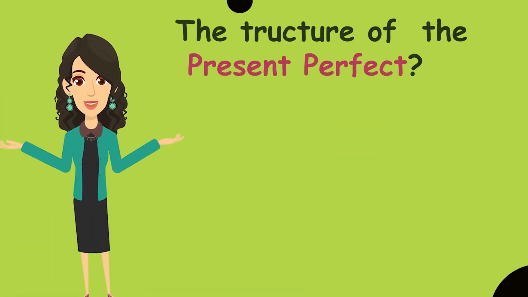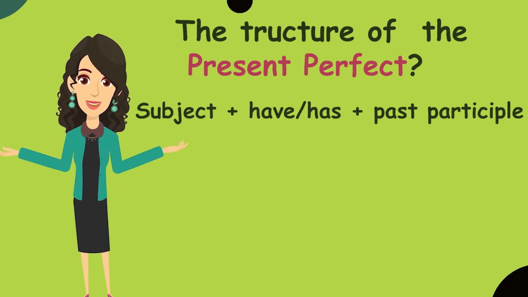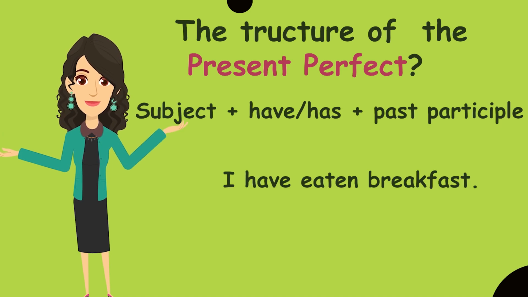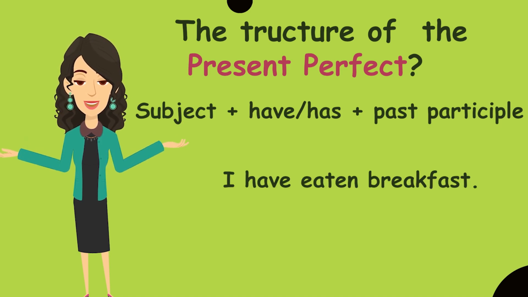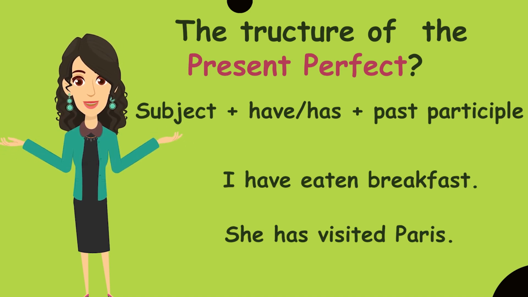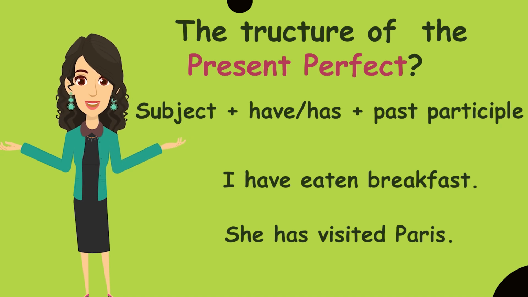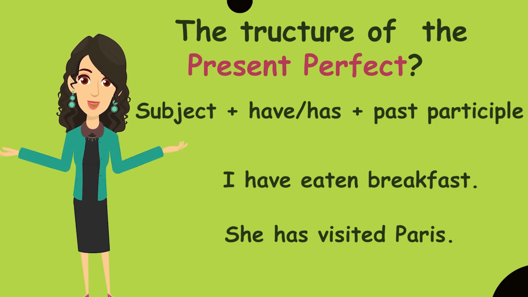Here's the structure of the present perfect. Subject plus have or has, plus past participle. For example, I have eaten breakfast. She has visited Paris. As a reminder, the past participle is the form of a verb, typically ending in -ed